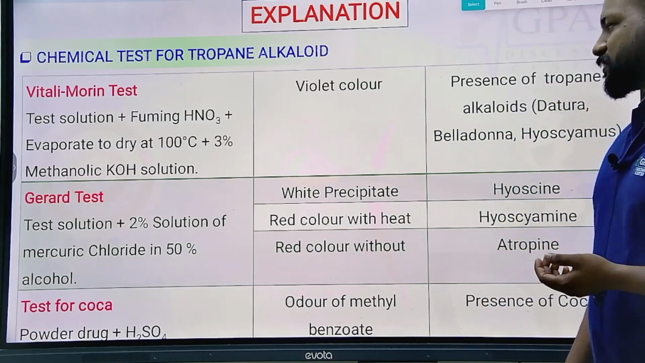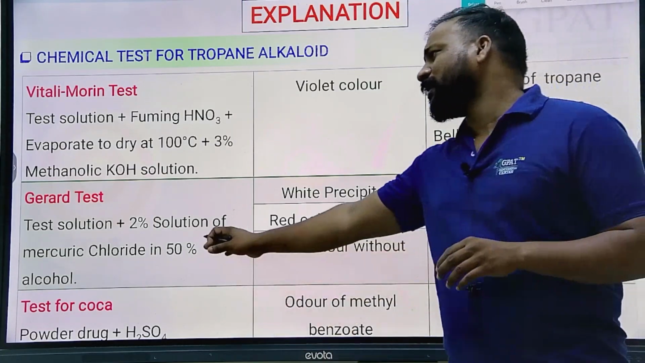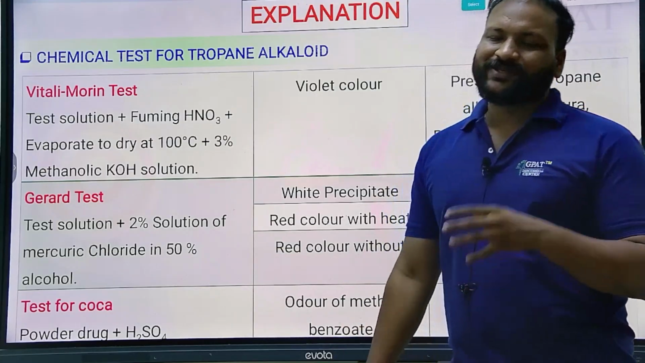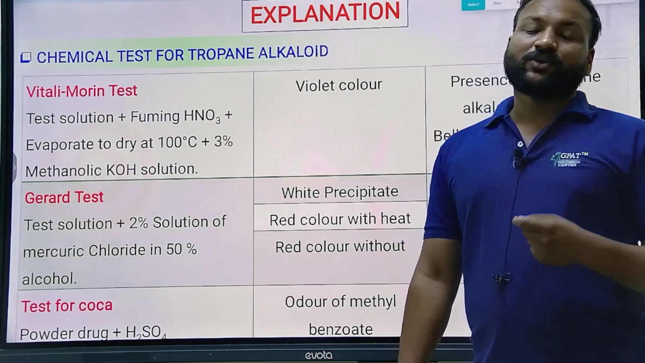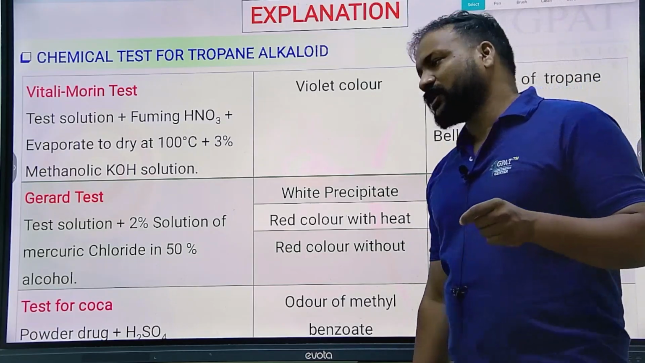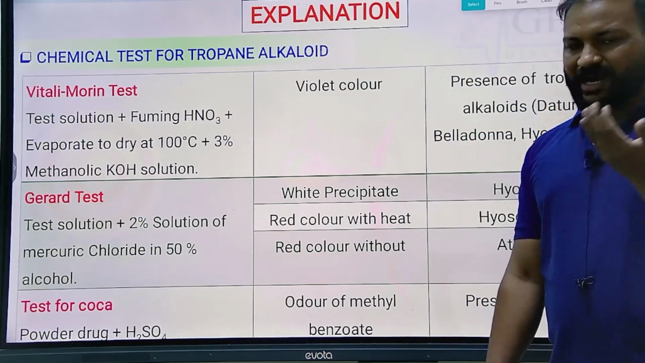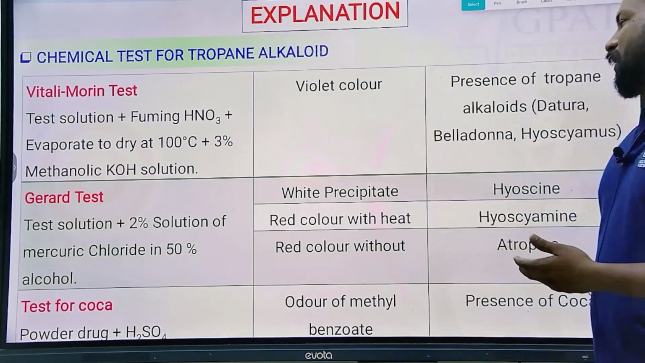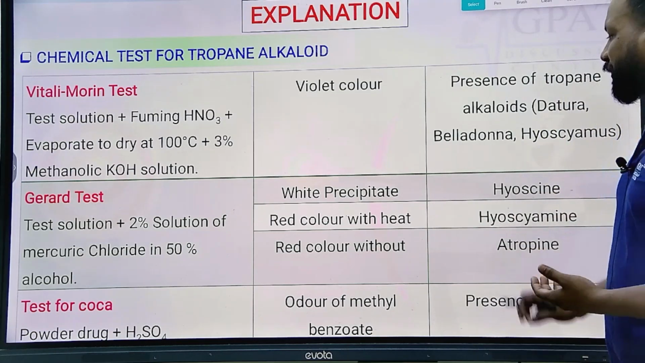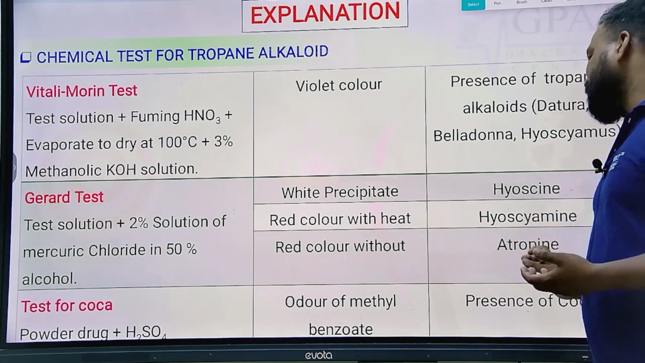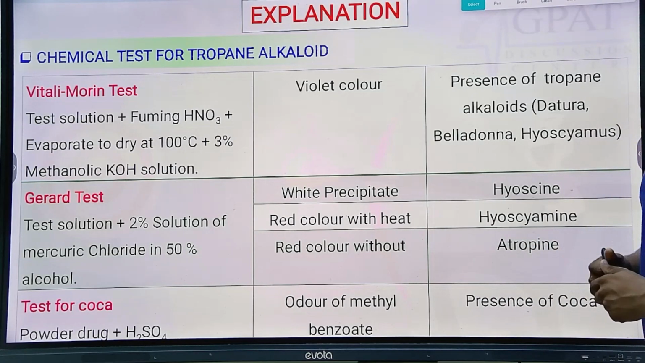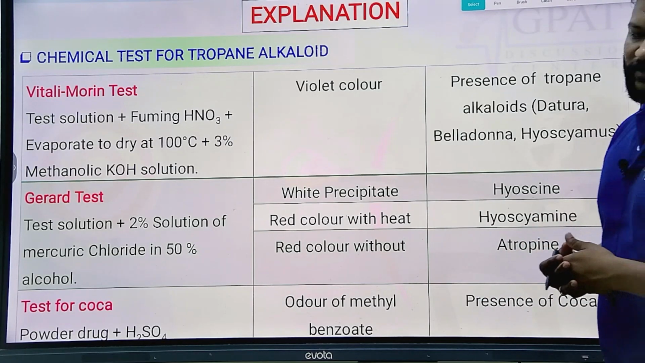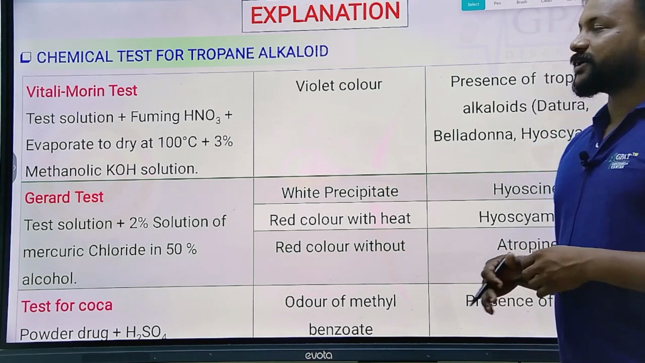In simple terms, you prepare a solution of mercuric chloride in 50% alcohol. When you add the sample to the solution, if it gives a white precipitate, that is hyoscine. If it gives a red color with heat, that is hyoscyamine, and a red color without heat is atropine. So that is also one of the identification tests for the alkaloids. Next,